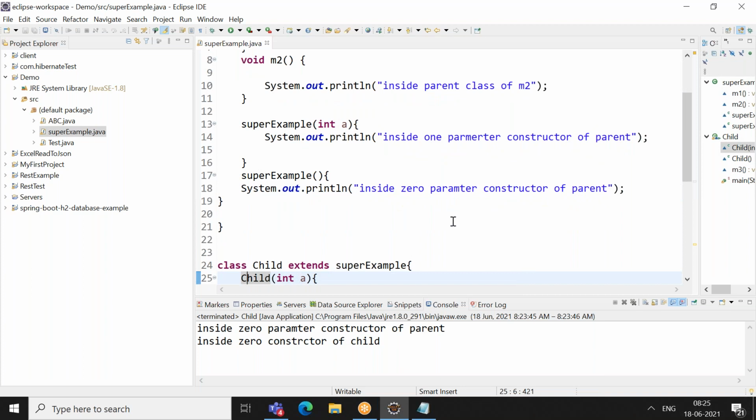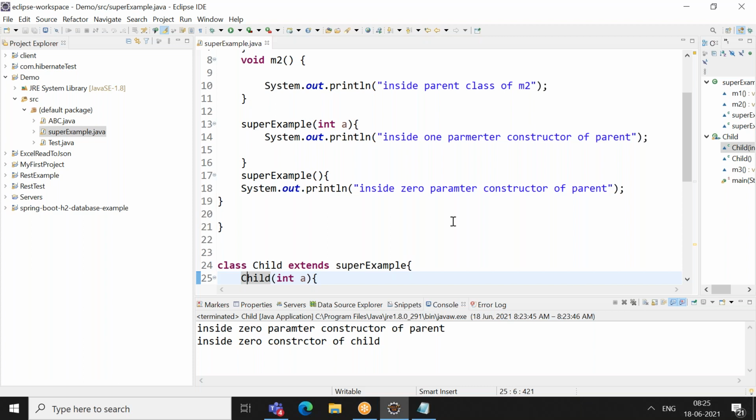Why? Because the concept of inheritance is that your child is getting properties from the parent, right? Whenever you want to get the properties and behaviors of one class in Java, an object should be created. So on creating your child object, it will create the parent properties and give them to the child.